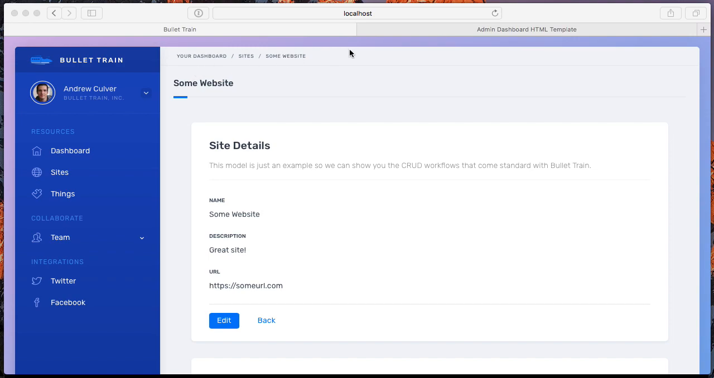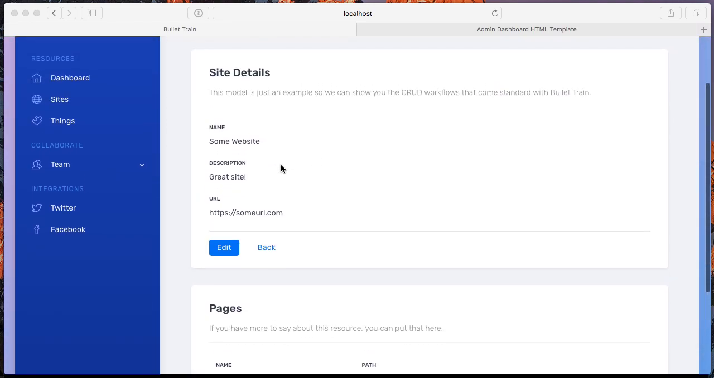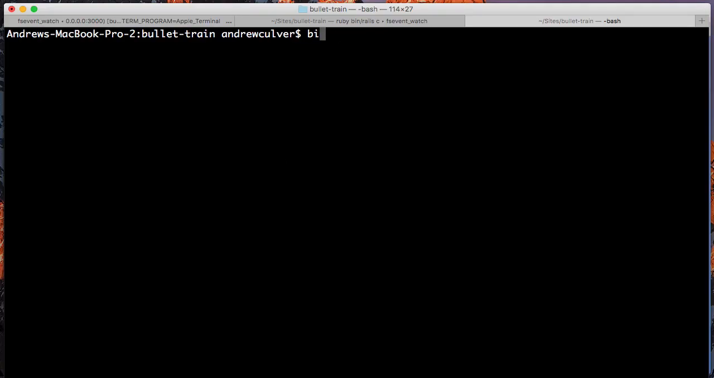So we have in the standard super scaffolding demo a site with child pages, and I want to create an image model that can be attached both to a site or to a page. So let's get started on that. So I'm going to generate an image model that references